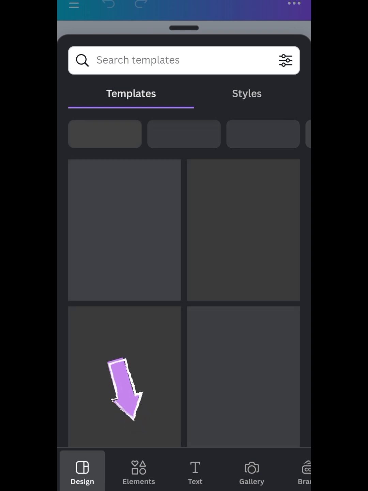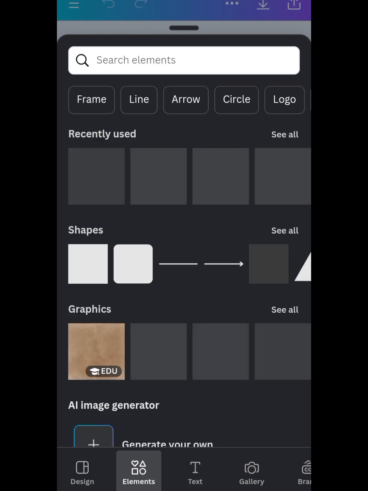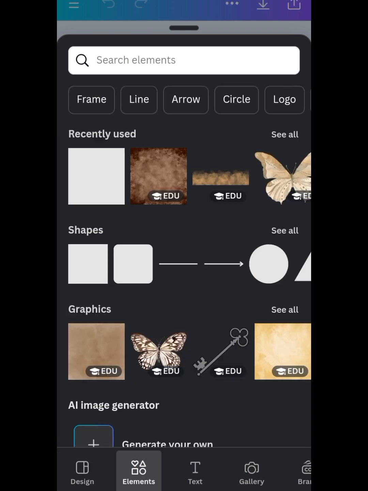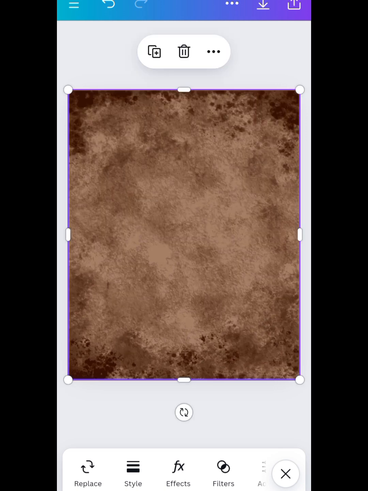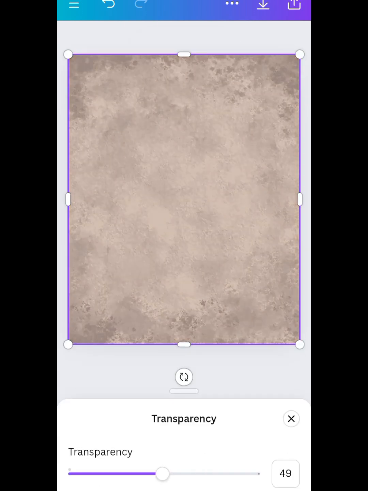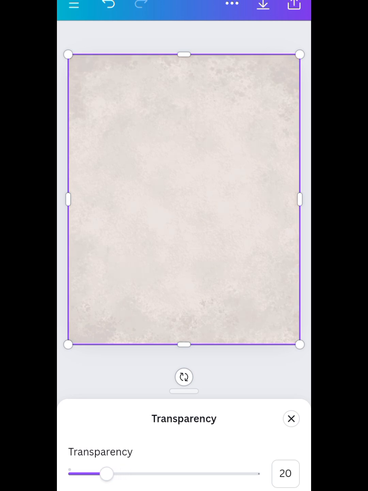I'll go to my elements. I'll click on elements, then I'll look for a background, a brown background. I already used it before, so I'll just click on it, and then I'll have to extend this background, okay, all over this white background, so that I can be able to use it to work. So I'll click on transparency. Now I'm making it transparent because of what I'm going to bring afterward, okay,